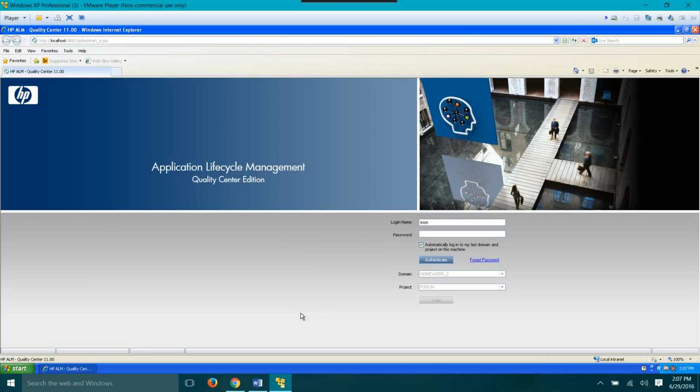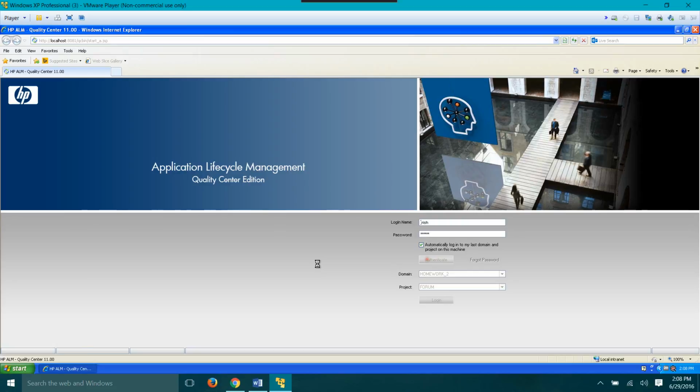Okay, now we're going to go to the next part of our homework 3 for the ALM, which was creating tests. We initially signed on in the previous video as a business analyst, and then we created our requirements. Now we have to sign in as the tester and create the test. I know that when I created all my stuff over on the admin panel, I created Trish as a tester. So now I'm going to sign on ABC,